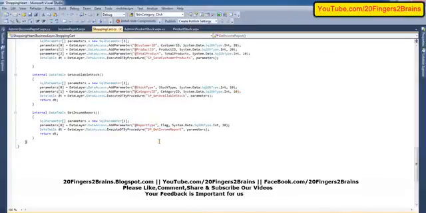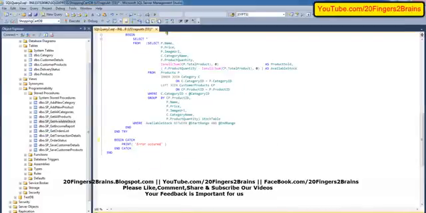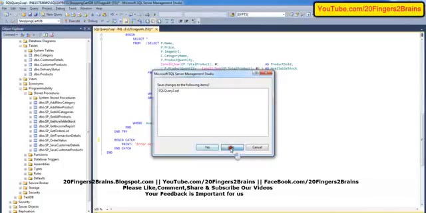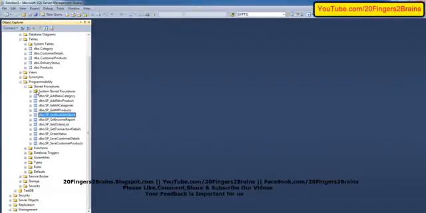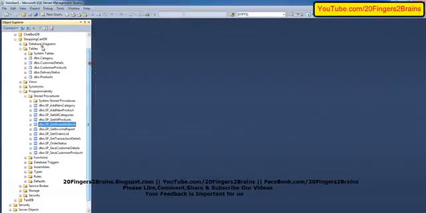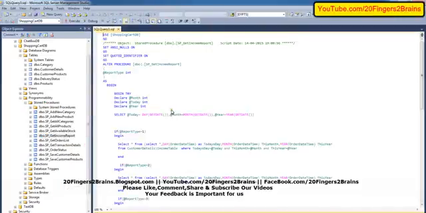We are calling the stored procedure sp get income report. So let's open the stored procedure sp get income report. In the shopping cart database, we have the programmability section. Inside programmability, we have stored procedures, and in that stored procedures section you have to create a new stored procedure, get income report. The syntax for creating a new stored procedure we have already discussed in our previous video,